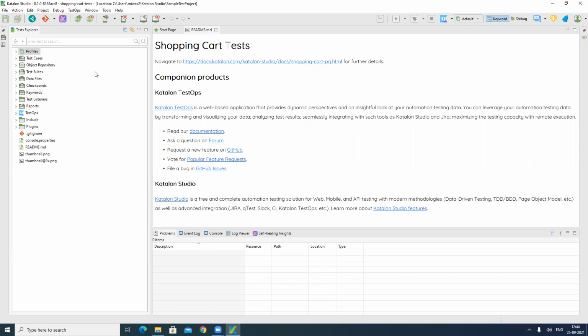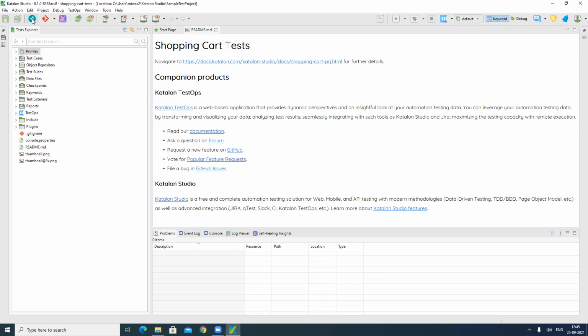So now if we see the top bar, you can see this is a save button. If you have opened any file and you have made any change in that, just click on the save icon. It will save the file for you, or you can press Ctrl S also to save the changes in your file. The next icon is save all. Save all will save all the changes in all the different files for you.